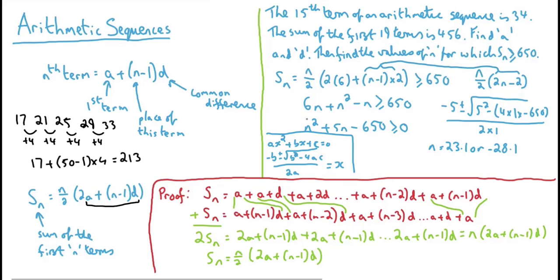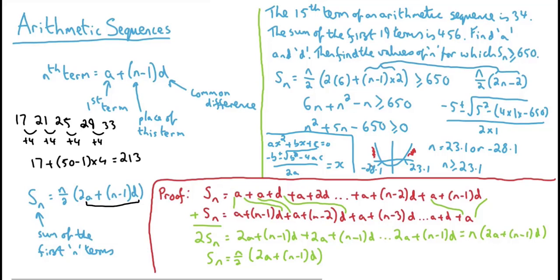So here, this is a positive quadratic, so they form a positive parabola, which is like a U shape cutting through the axes here. This point here is the minus 28.1. This point here is the 23.1. Now, if we're looking for when this curve is greater than or equal to 0, that's happening either up here or down here. It's on the outsides of the value. But not only that, because of this, we can say that n just has to be greater than or equal to